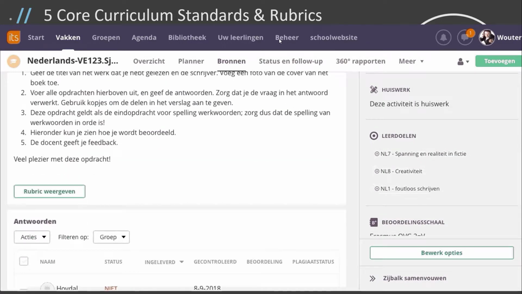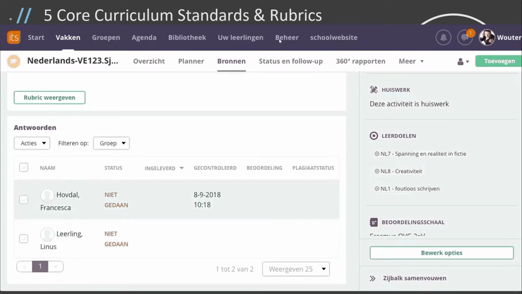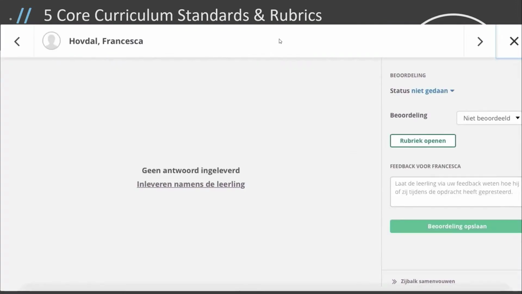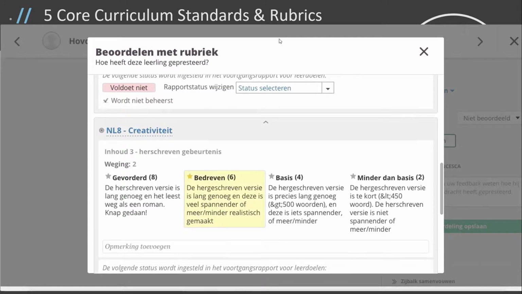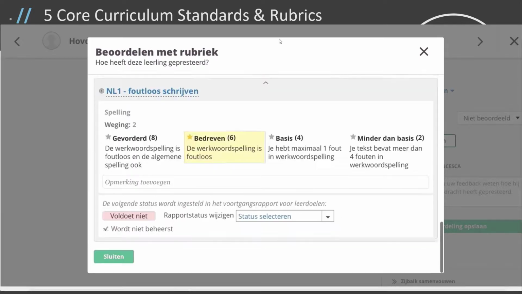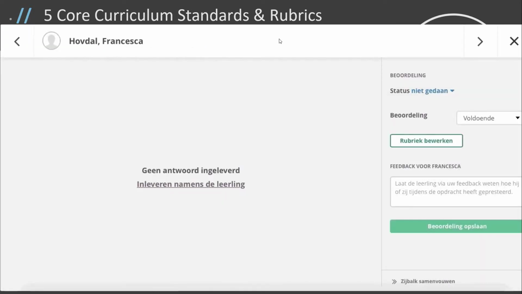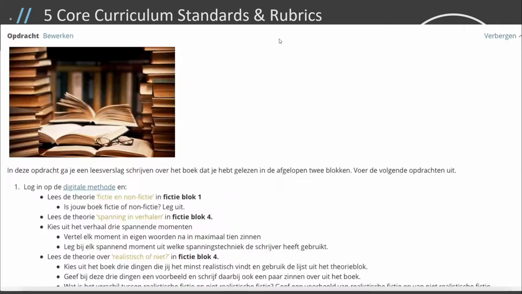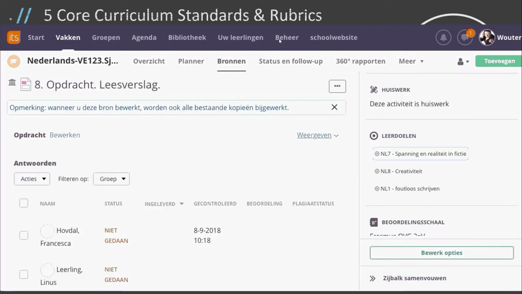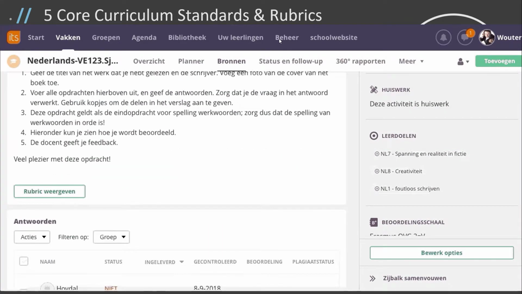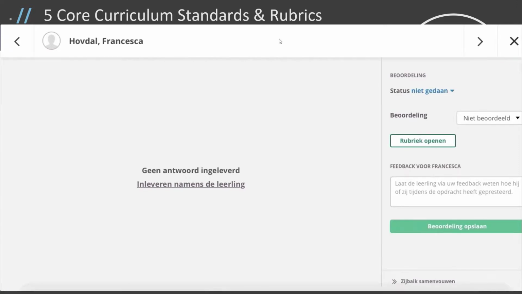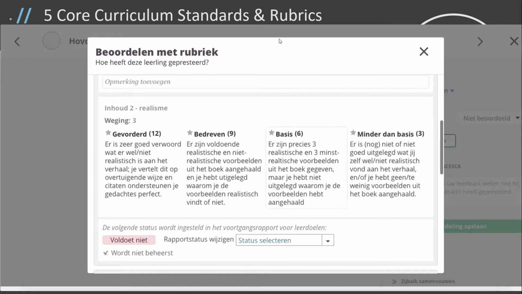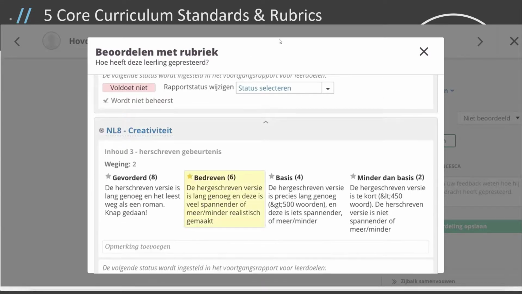Number 5, core curriculum standards and rubrics. These should be visible across pages and activities. A student has the right to know what he or she is learning. Because it's nice going on a trip to the top of a mountain, but what am I doing here? And is there something in particular I need to do? It's handy if you know what the goal is. You don't always have to know it, but why not